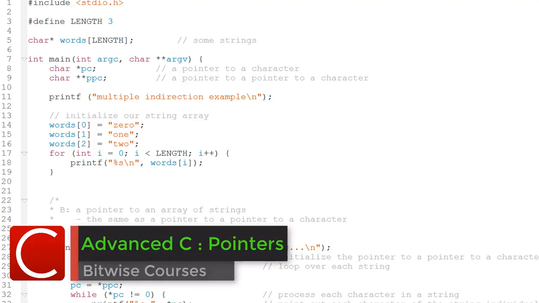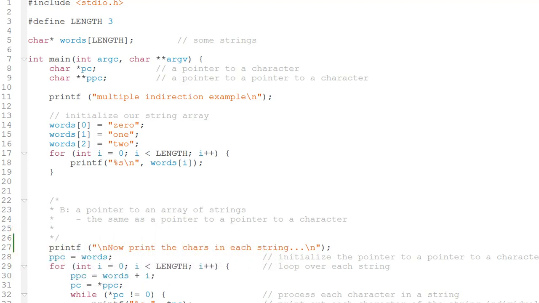Let's look at another example of multiple indirection, this time with an array of strings. Here I have a char pointer, PC, and a pointer to a char pointer, PPC. I've declared an array, words, to hold a sequence of strings. Remember that in C a string is a sequence of characters terminated by null, so I can declare a string